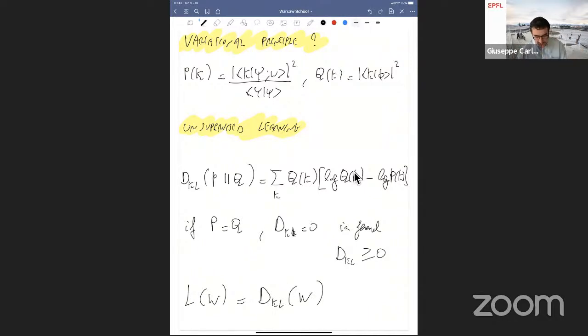Okay. Why do we use the KL divergence? Because the gradients of this divergence are nicely expressed in terms of quantities that I can measure in practice. This is one of the main reasons. So, for example, if you compute the gradient of this KL distance with respect to parameter WP,